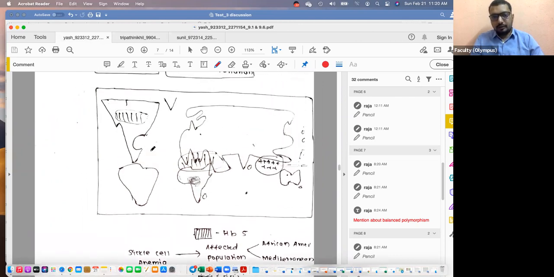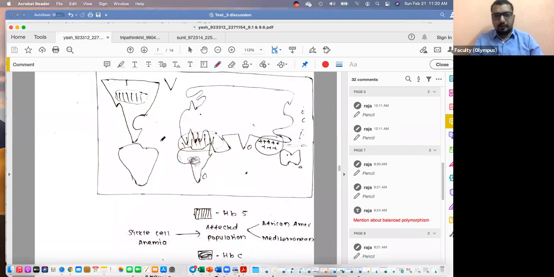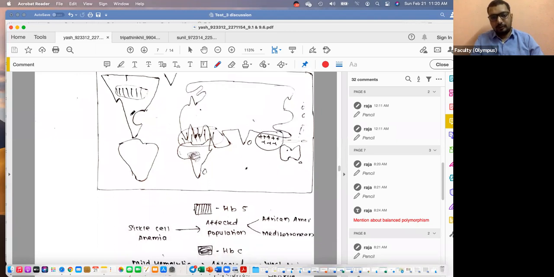You attempted even to draw images of regions. Okay, so if it is possible, do it, or briefly only highlight few regions. You don't have to draw everything. Highlight few regions, which you have done here. Certain blood groups, I think you have specifically mentioned. Patterns in Africa that you have mentioned. Asia that you have mentioned, which is all right.